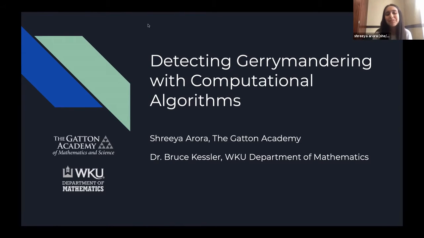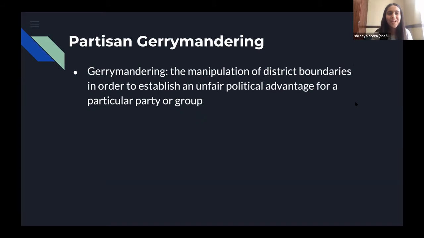Okay, hi, good morning. My name is Shreya. I'm a senior at the Gatton Academy, and I'm working with Dr. Bruce Kessler from the WQ Department of Mathematics, and together we are detecting gerrymandering using computational algorithms. To start off, I'm going to explain what gerrymandering is. It's basically the manipulation of district boundaries in order to establish an unfair political advantage for a particular party